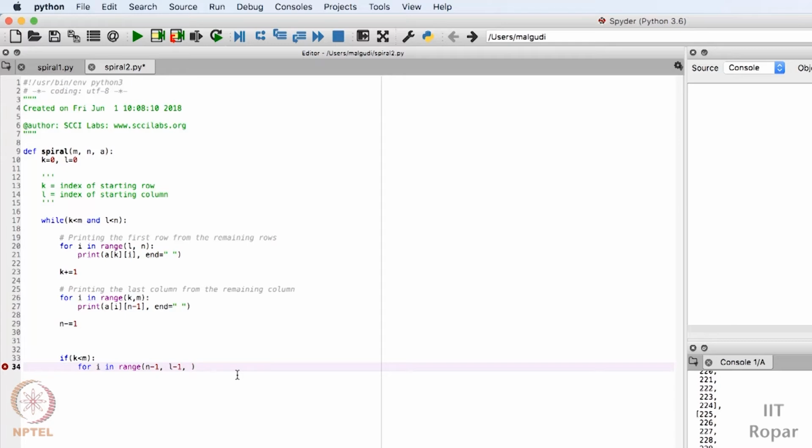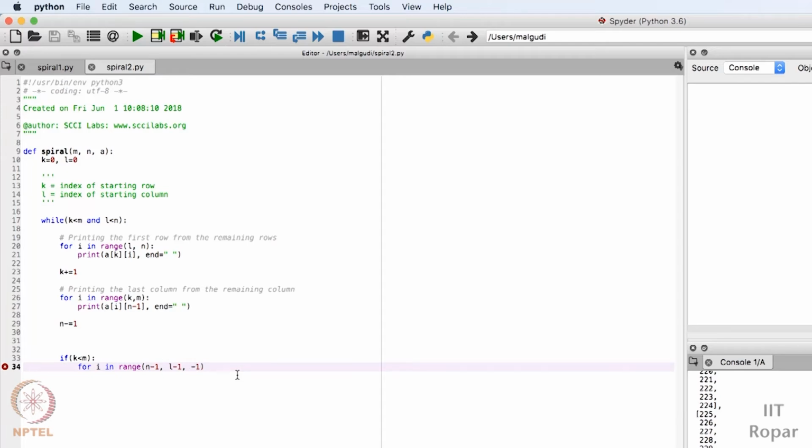So I'll have to write here minus 1. Minus 1 is my step. By default the step is always positive 1, so you always go 1, 2, 3, 4, 5. Suppose you want to go 5 to 1: 5, 4, 3, 2, 1. You will start from 5 and go up to 0 if you want to reach 1, with a step of minus 1, so that it goes 5, 4, 3, 2, 1. This is my step function.